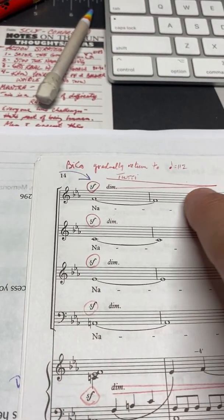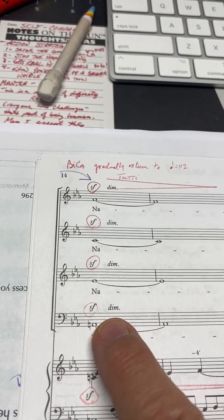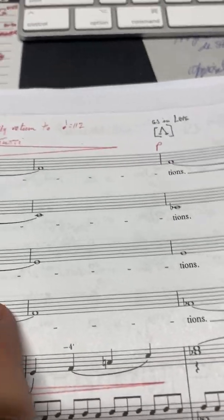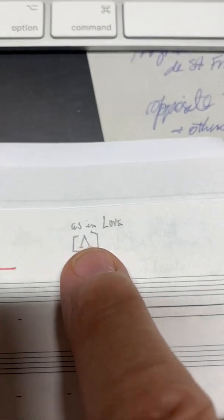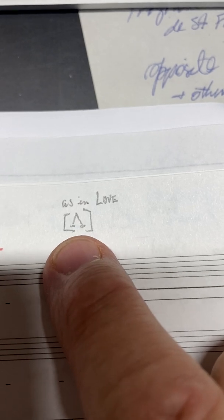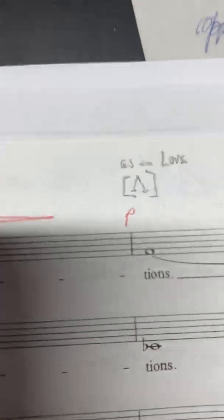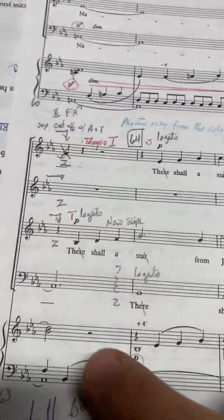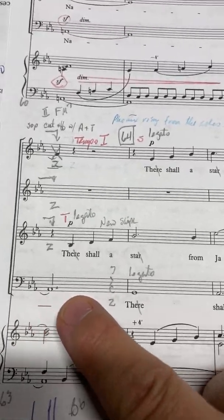I would write in a decrescendo mark. I'm sorry, but I don't trust people to see diminuendo and actually diminuendo. And we're going to decrescendo to piano. The vowel in nations, when you're singing it this long, needs to be the IPA symbol for the vowel in love. Nations. It's not an unaccented schwa. It's a true vowel. Down at the bottom of the page, turn your whole note into dotted half, quarter rest,